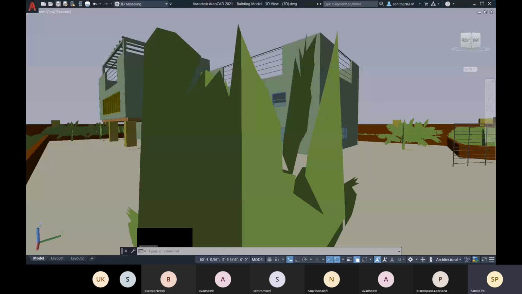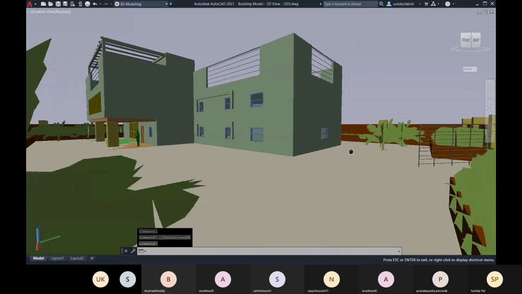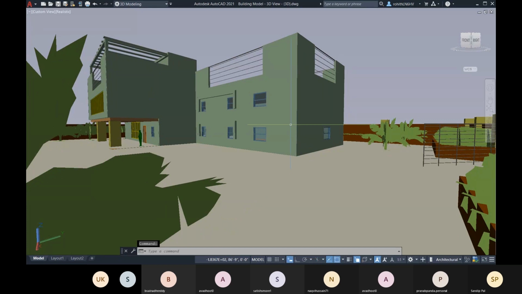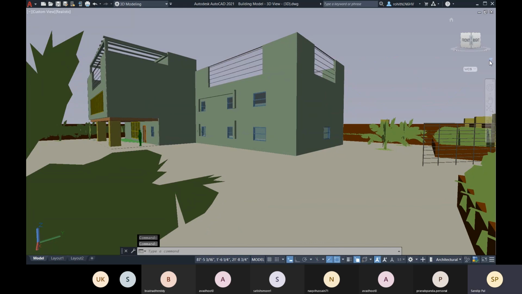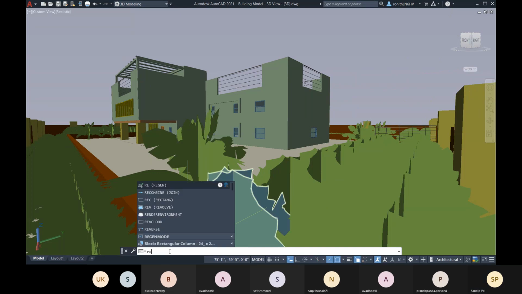Let me have this bigger view. Okay, you can save this as current view. Let me save this as current view, and you can go for render.